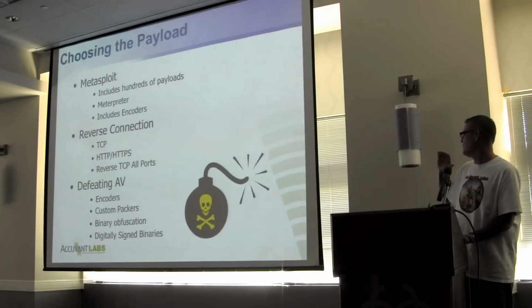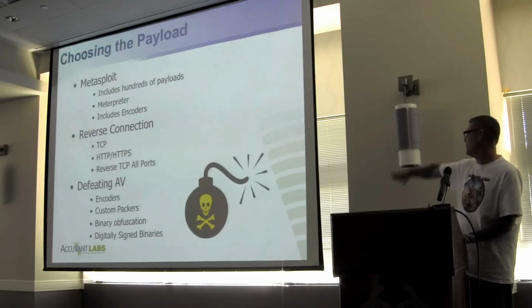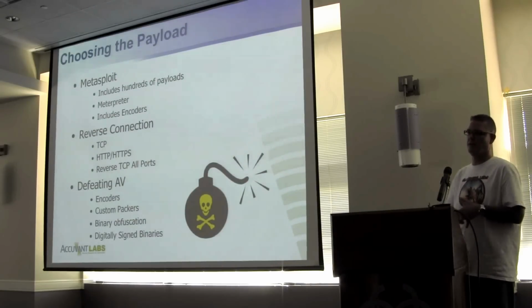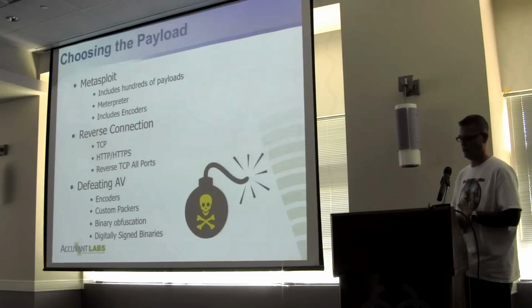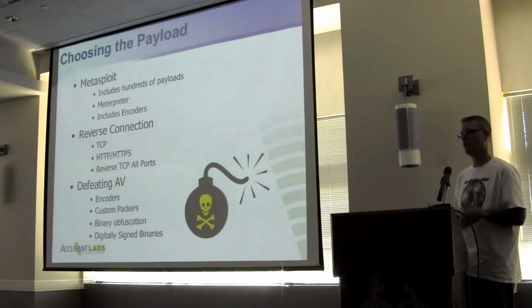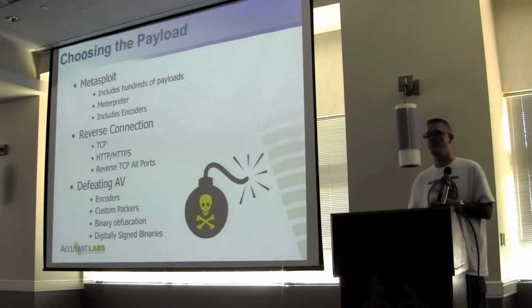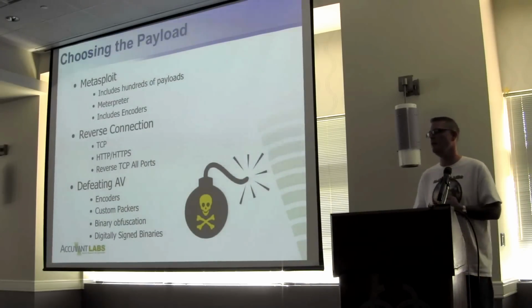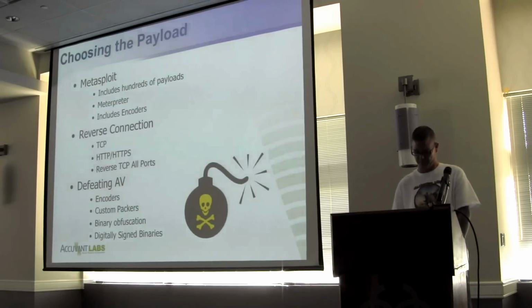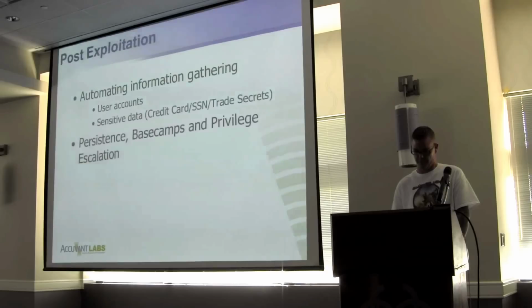The other thing that we do is obviously we have custom packers, the old binary obfuscation. Another thing that we do is we digitally sign all our binaries, and we digitally sign our Java applet, which we're getting ready to show you. We have our own certs, we got a legit company, we're good to go. You can actually buy a company for a couple $100 in an LLC. You could get the certificates from GoDaddy for another couple $100. So you can be totally legit on the internet for $500-600, no problem. And my digitally signed binary, it was filled out something online. It was one phone call from GoDaddy. They asked me 3 questions, and boom, I had a digital cert.